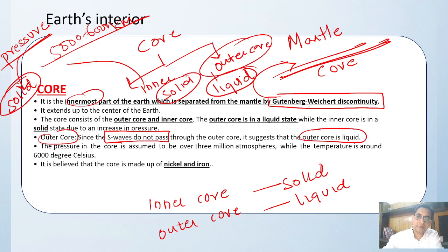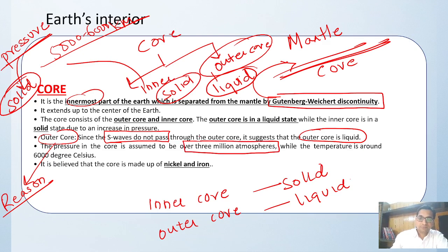This is the one reason we say the outer core is liquid: S waves generated by earthquakes do not pass through the outer core, which shows that the outer core is liquid in state. It is like an inference that we can get: since S waves are not passing, the outer core has to be liquid. Okay, so the pressure of the core is around 3 million atmospheres and temperature is around 6,000